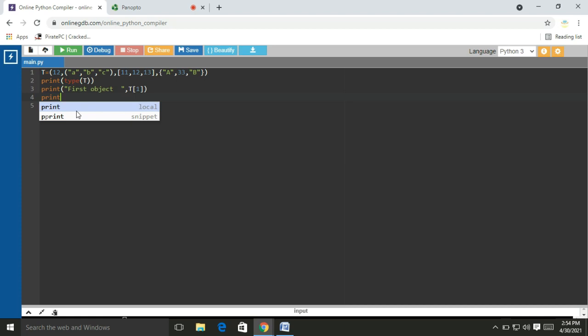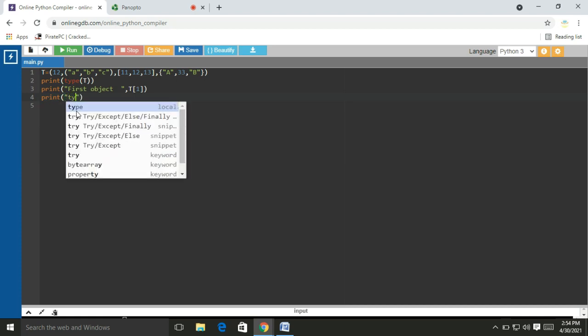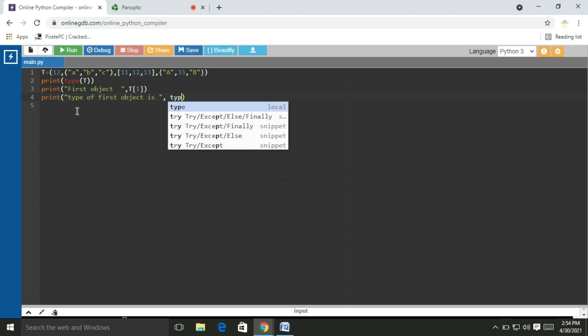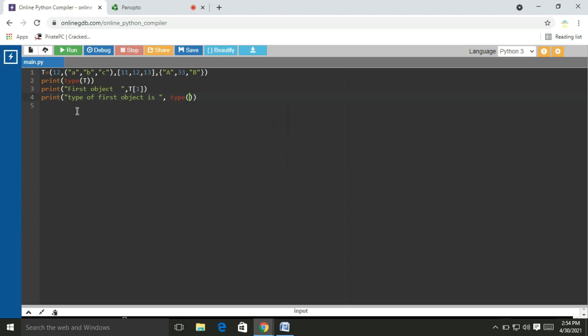Print, type of first object is, comma, type of T of 1.